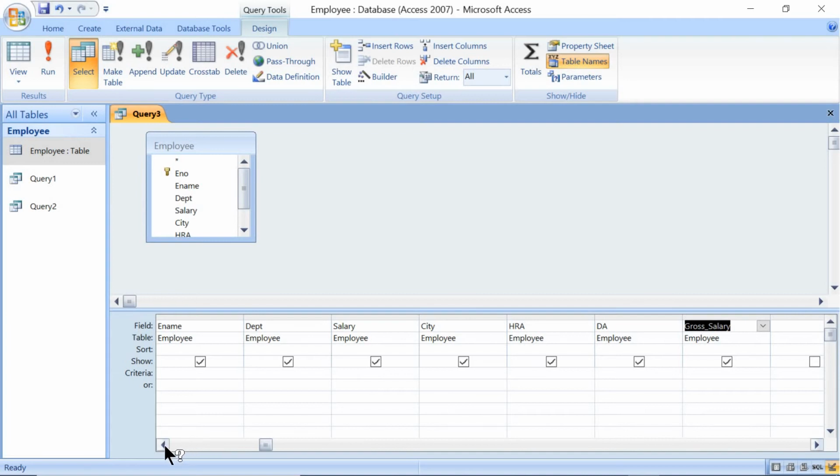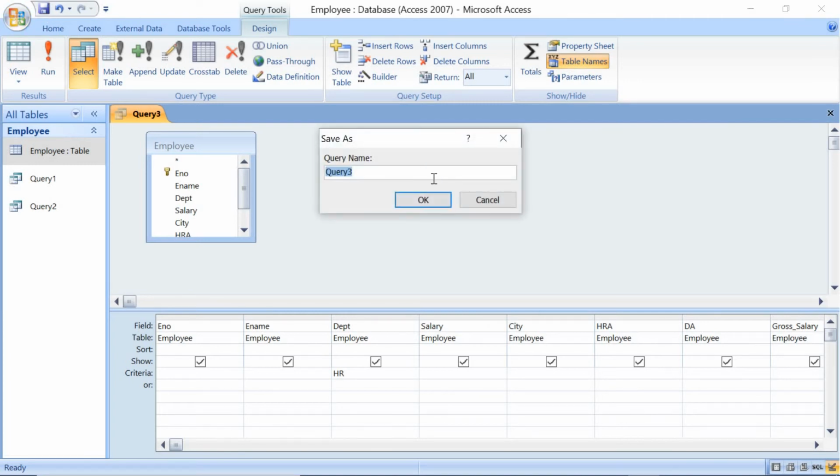As per the condition given, what's the condition here? The condition is department is equals to HR. Just take the pointer to department, under the section criteria, we have to type here HR, right? Department column, criteria section, just type here HR.